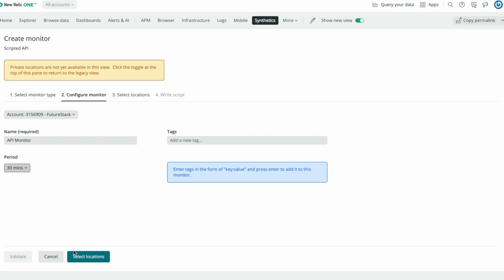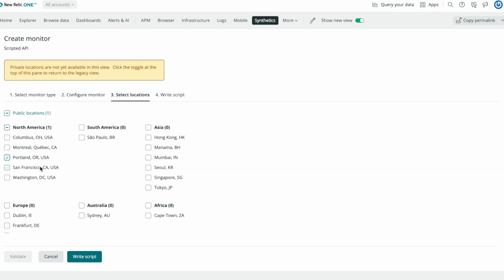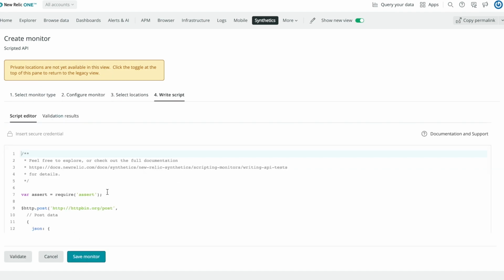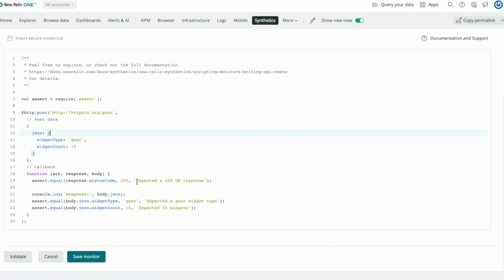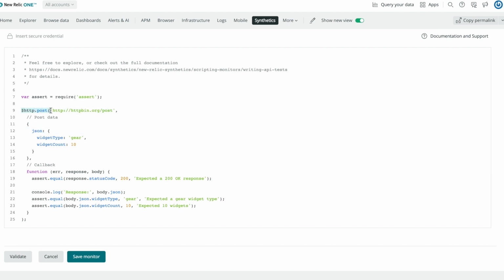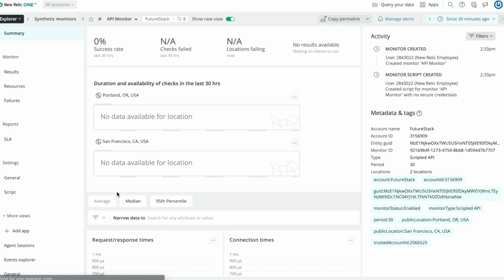The next one here is the endpoint availability or the scripted API monitor. It's similar to the scripted synthetic check we just looked at. However, it does check APIs with the HTTP object. So http.post, get, put, you can test all of those endpoints. And again, all the details on how you script it are available at the URL shown on the screen. We will also have all these links available within the description of the video as well. But you can do all the endpoint monitoring for your APIs using this script. You can validate the script or save the monitor and wait for it to run. And that's as easy as that.